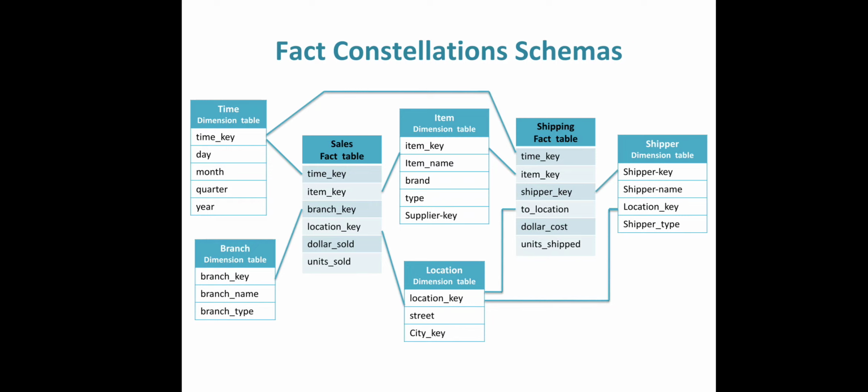So, this is about the dimensions and the facts we have. The dimensions are nothing but the perspectives or entities with respect to which the organization wants to keep the record, and each dimension may have a table associated with it called a dimensional table. A fact is nothing but a multi-dimensional data model which is typically organized around a central theme, that is called a central table, and this theme can be known as a fact table, and the facts have numerical measures. These are the quantities by which we are going to analyze our data. So, these are all related to fact and fact table.